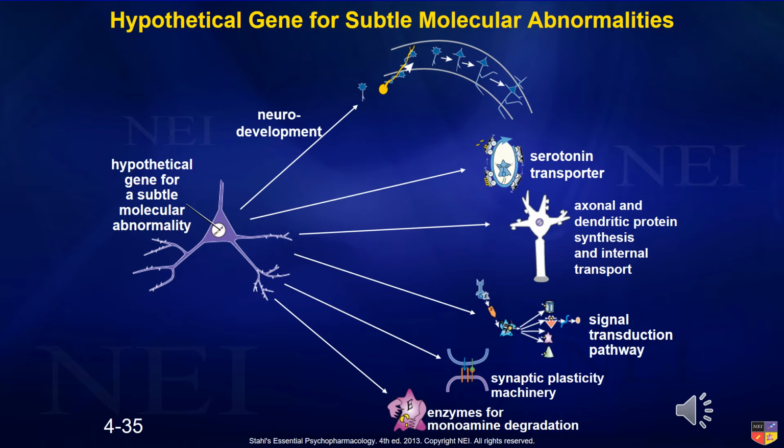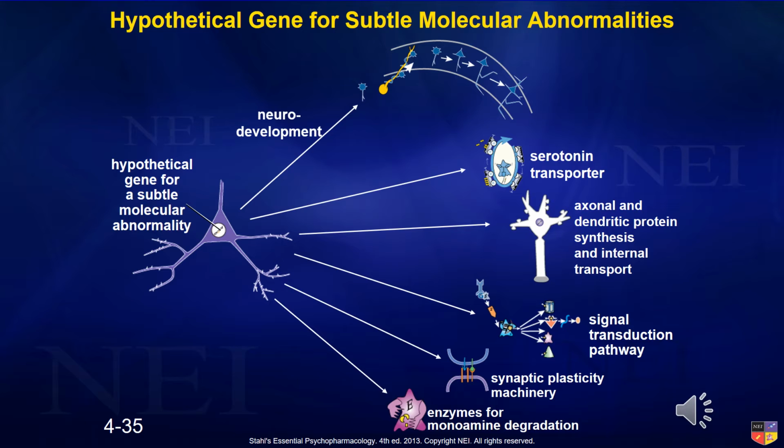Thus, a gene may code for an abnormality in the neurodevelopmental process, or in the synthesis of synapses, or in the activity of enzymes, or their transporters, or the receptors, or in, as we'll see in a few moments, signal transduction, all sorts of possibilities. So you'll see on the left that there's this hypothetical gene for a subtle molecular abnormality, and it can take place in any number of areas. You'll see the first arrow going up is neurodevelopment, and then over that it could be something in, as we'll see in the future, the transporters for the